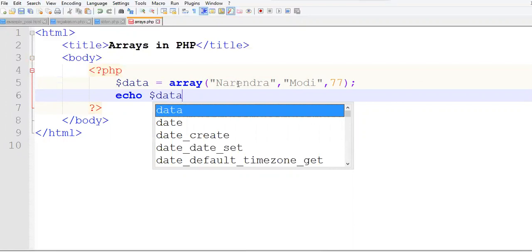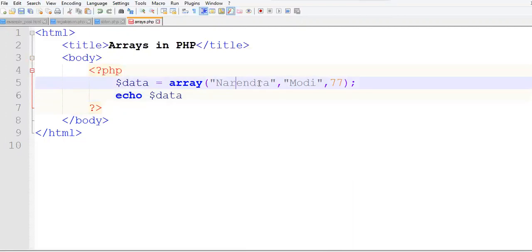So the index of Narendra is 0, of Modi is 1, and of 77 is 2. So if I say echo $data, the variable which is holding the array values, then in square brackets I specify the index value and terminate it with a semicolon. So at index 0 in the variable $data, we have the value Narendra. This value has to be displayed on the screen.